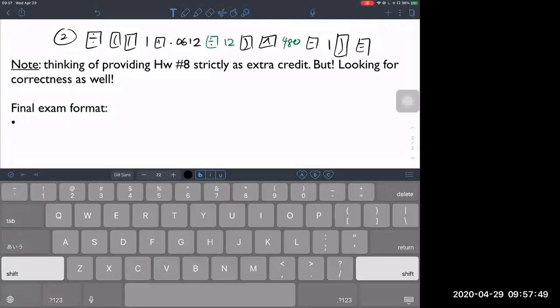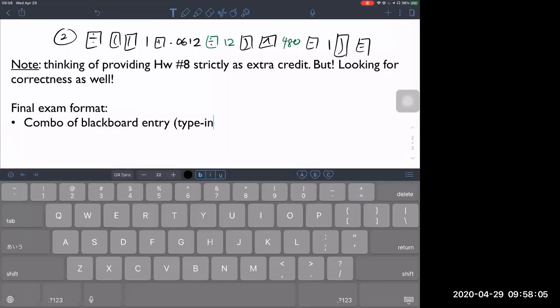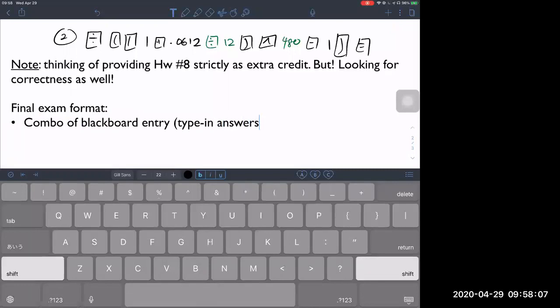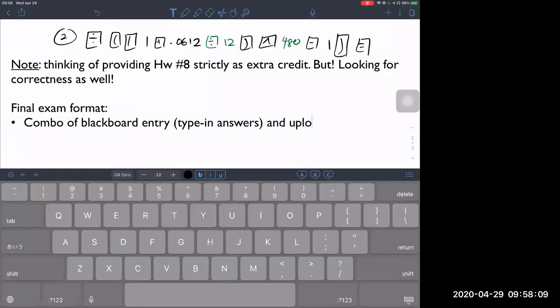Not individually questions, but you can see as a whole, like, oh, I gave you this many points out of it. So there will be a combo of Blackboard entry, so that's type in answers, and uploading images of problems. Okay, and the other thing is that